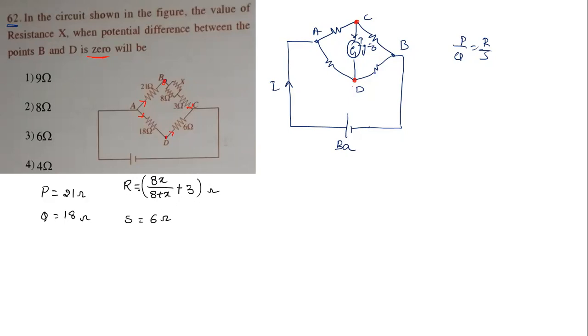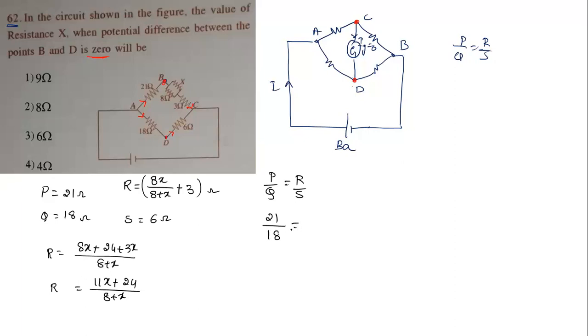Now let us simplify the R value first. R will be 8x plus 24 plus 3x divided by 8 plus x. That is 8 plus 3, 11x plus 24 divided by 8 plus x. That is the value of R. Now I'm going to use the condition P by Q equals R by S. P is 21, Q is 18, equal to R, which is 11x plus 24